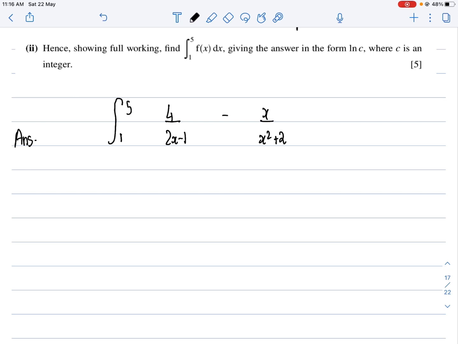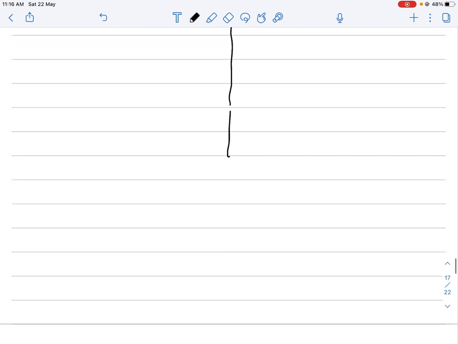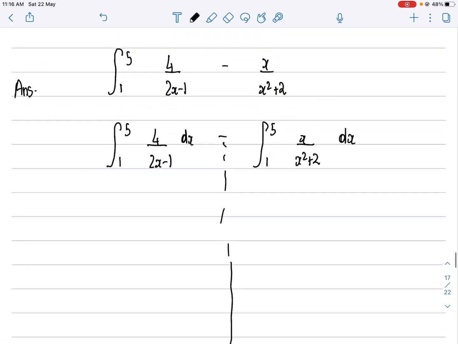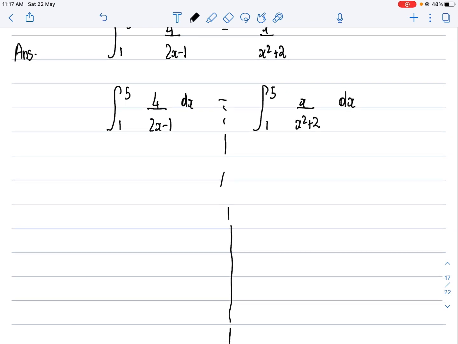So now what I can do is I can split this as limits 1 to 5 with 4 over 2x minus 1 minus the limits 1 to 5 with x over x square plus 2. So I can write basically dx and dx. So now what I can do is I can split this like this. Now the integration of 4 over 2x minus 1 is simply, first I can write ln 2x minus 1, but